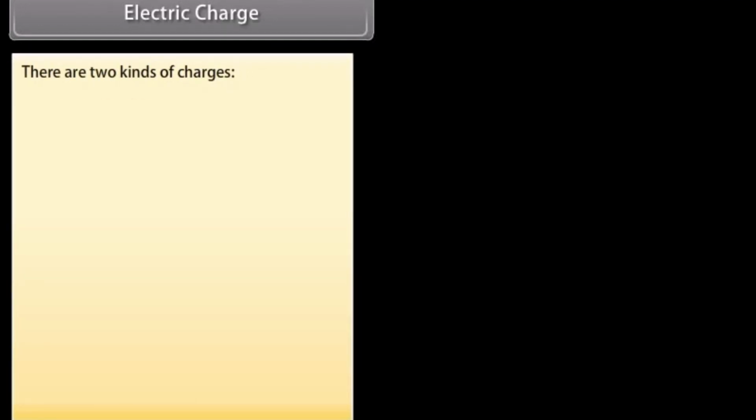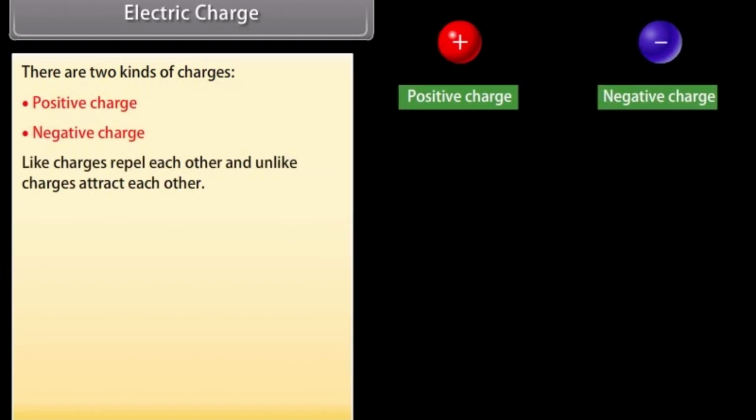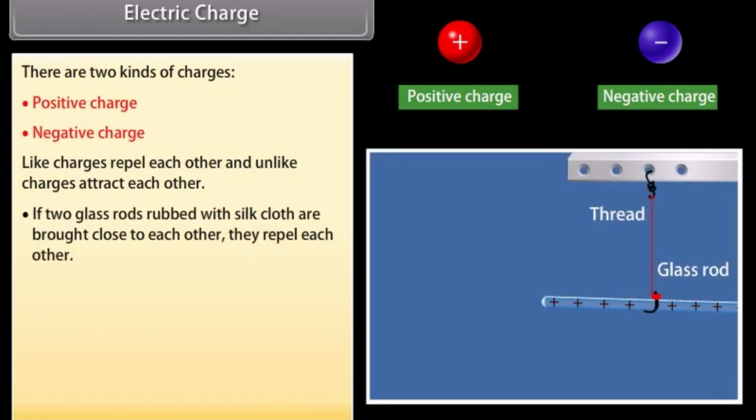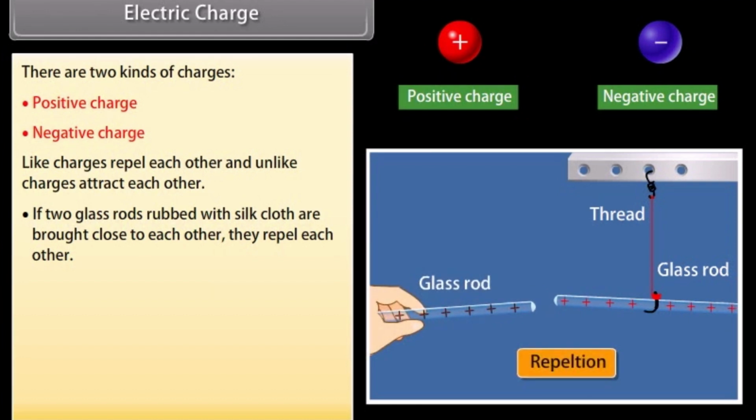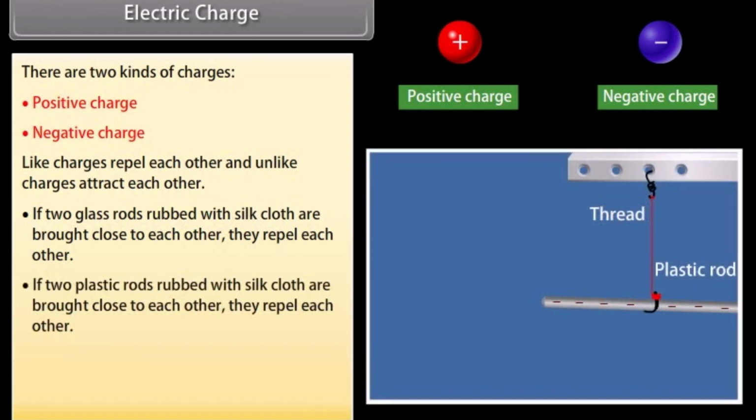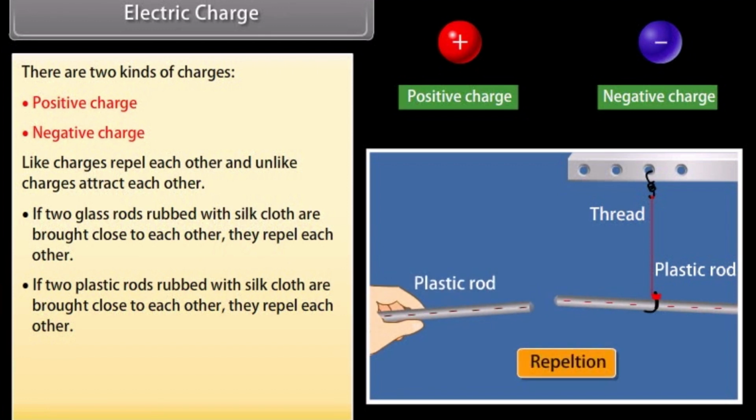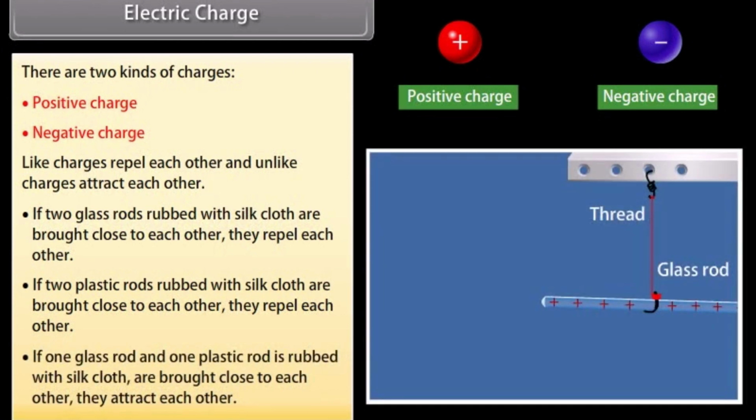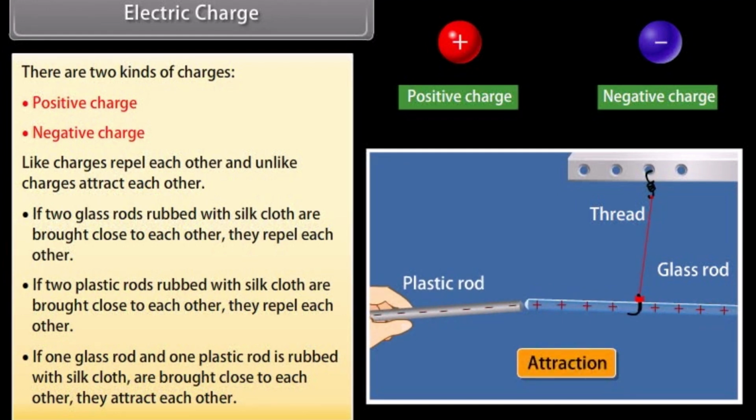Electric charge. There are two kinds of charges: positive charge and negative charge. Like charges repel each other and unlike charges attract each other. If two glass rods rubbed with silk cloth are brought close to each other, they repel each other. If two plastic rods rubbed with silk cloth are brought close to each other, they repel each other. If one glass rod and one plastic rod rubbed with silk cloth are brought close to each other, they